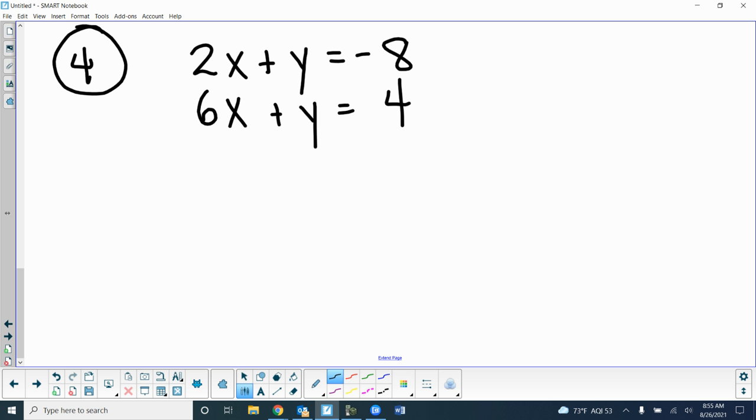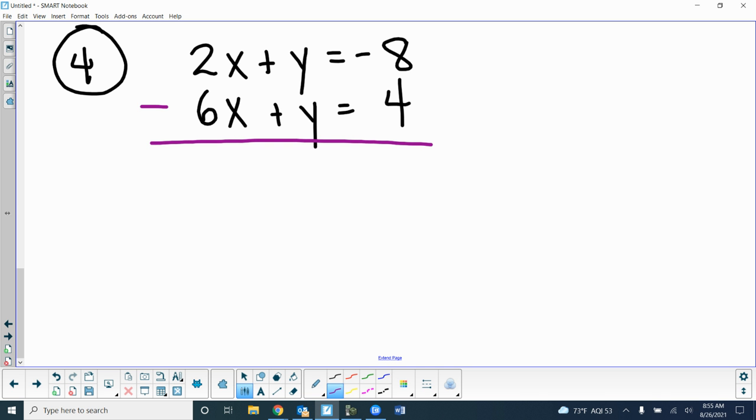Now look at the sign of the y. Are they the same or different? They're the same. They're both positive. So what do we say? When the signs are the same, do we add or subtract? Subtract, right? S for same, S for subtract. So I'm going to subtract these two